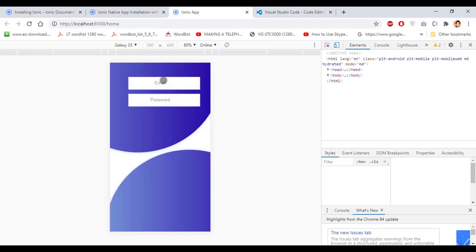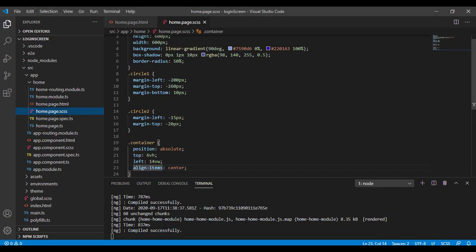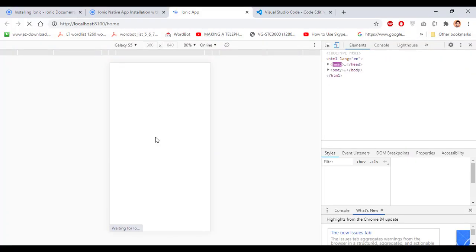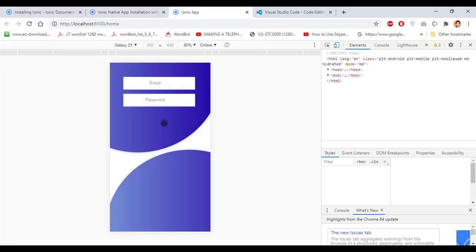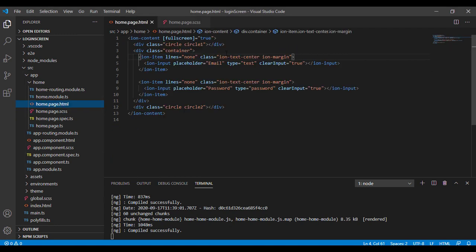Okay, when we give some margin to it, it is not aligned properly. Let's try designing again. Where did I make the mistake? Okay, the positioning, I think 14. Let's again fall back to 9 and see the design now at the center, right? Perfectly coming up. Now let's apply some designing to our ion item, because I want it to be a little